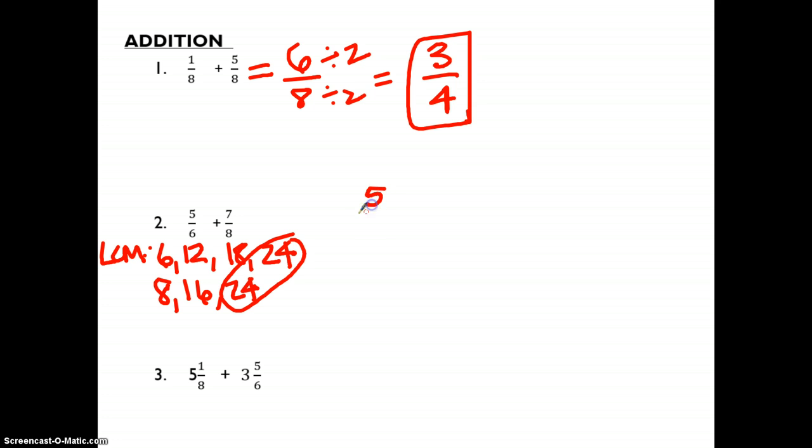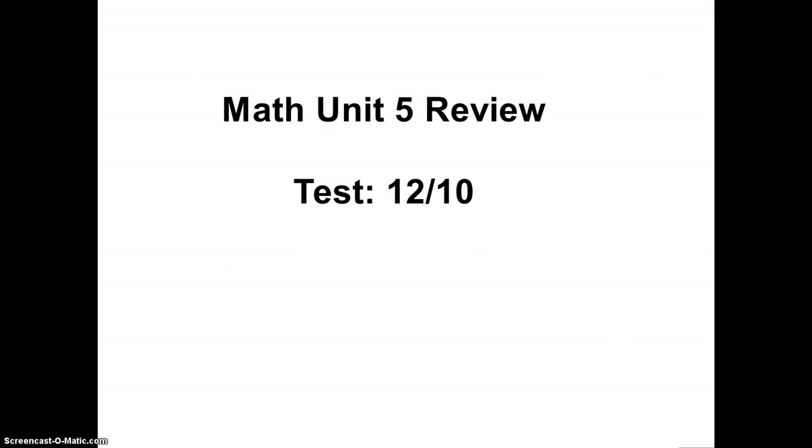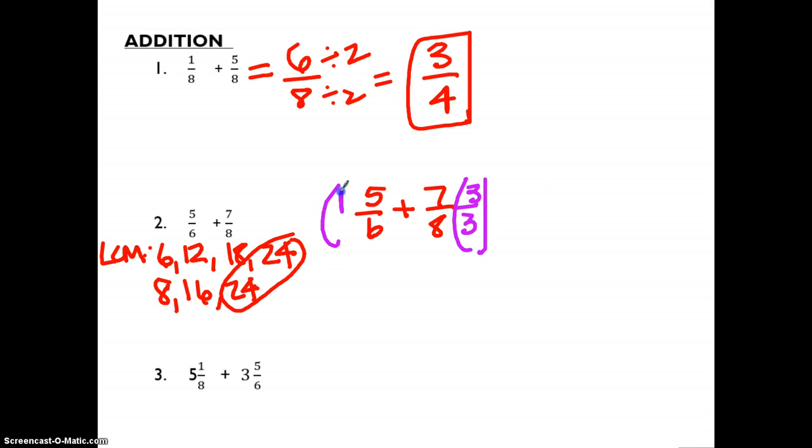So 5/6 plus 7/8, that's my original problem. I need to multiply the denominators to get to equal 24. And 8 times 3 is 24, so I need to multiply this fraction by 3/3. And 6 times 4 is 24, so I need to multiply that one by 4/4. So that leaves me with 20/24 plus 21/24, which leaves me with